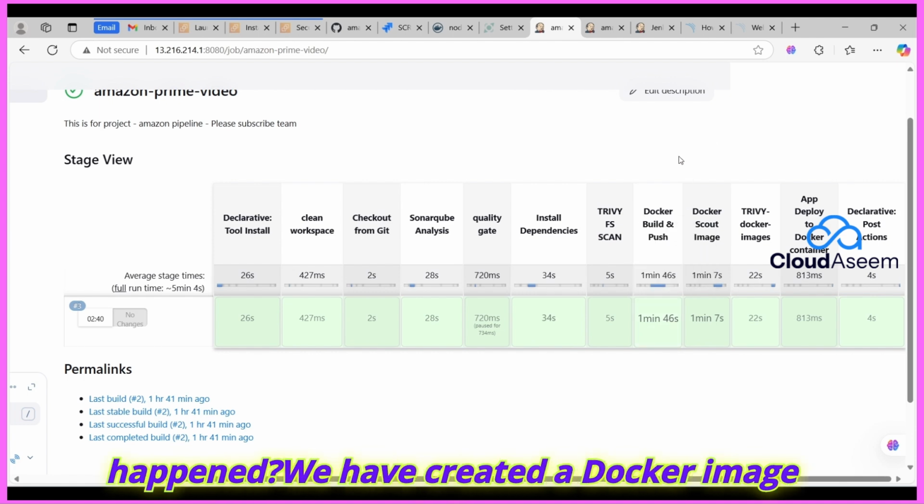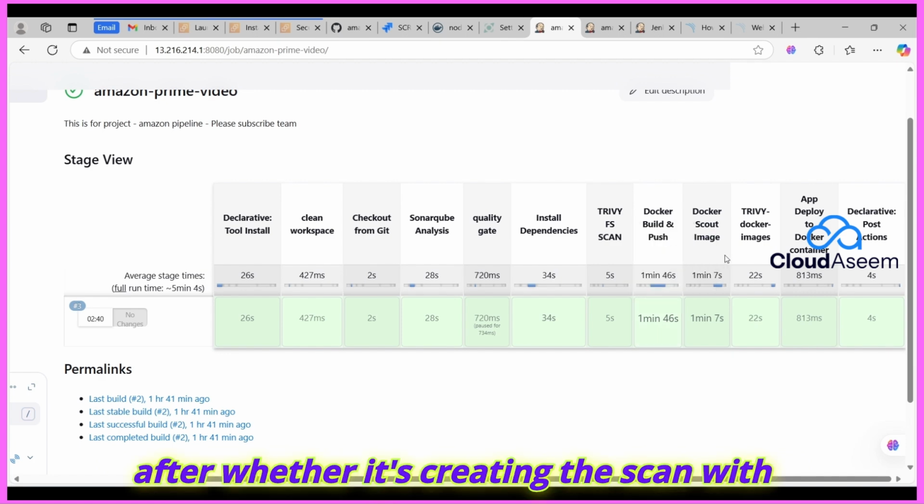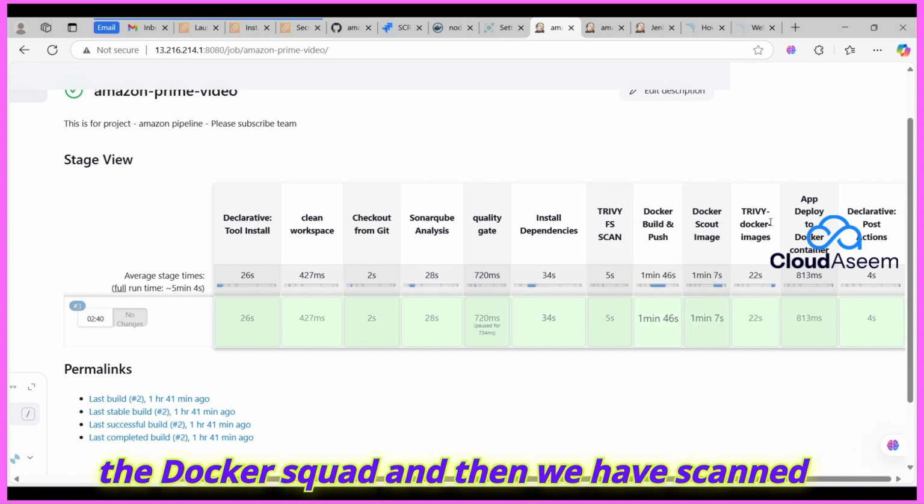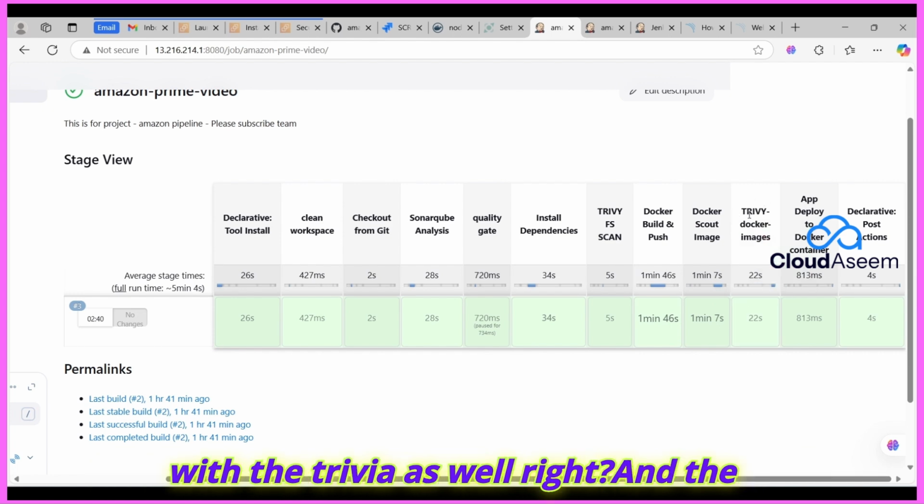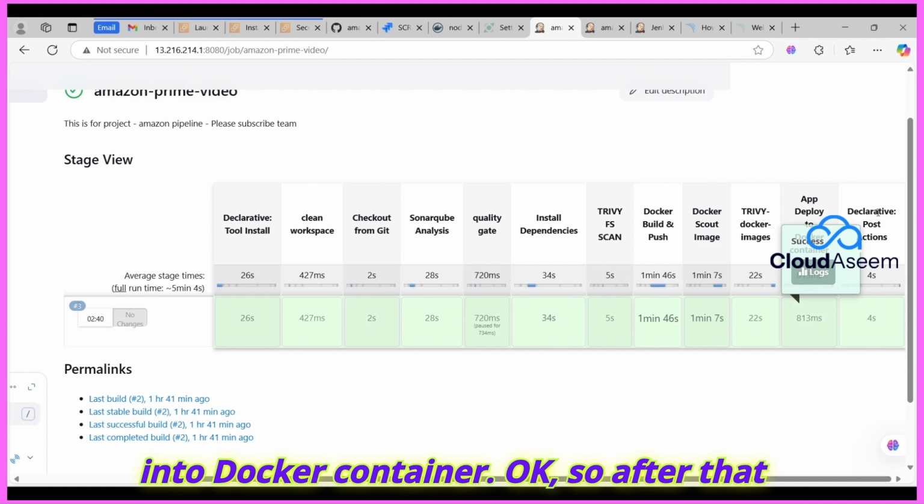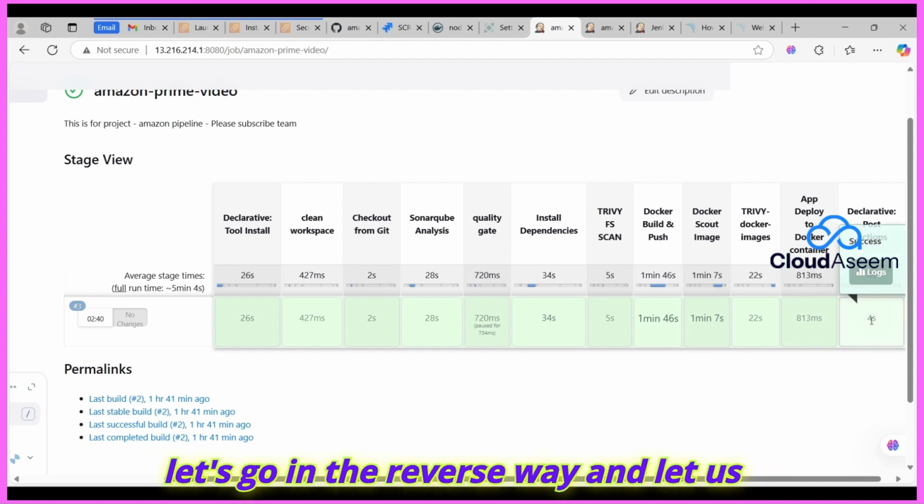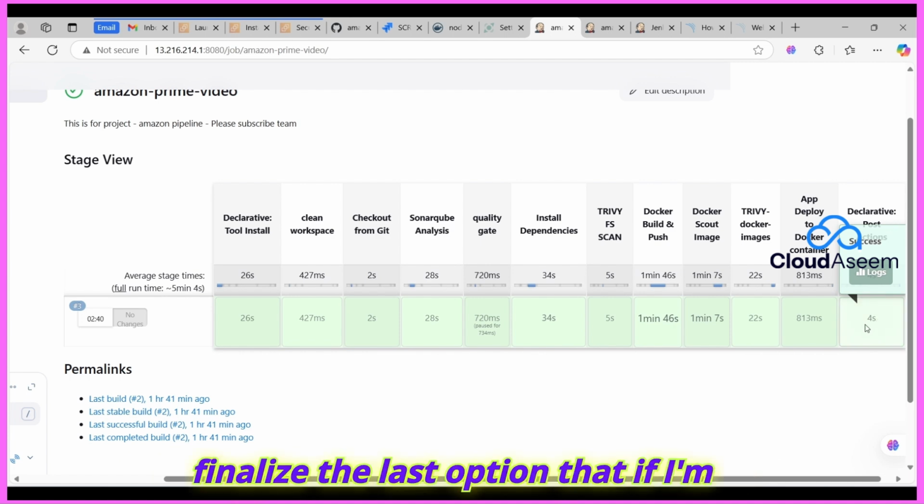Okay. So what happened? We have created a Docker image and build and push to Docker Hub. Okay, afterwards it's creating the scan with the Docker Scout, and then we have scanned with the Trivy as well, right? And the file is done. After that, we have deployed into Docker container. Okay, so after that, we have sent one email to our email. So let's go in the reverse way and let us finalize the last option,